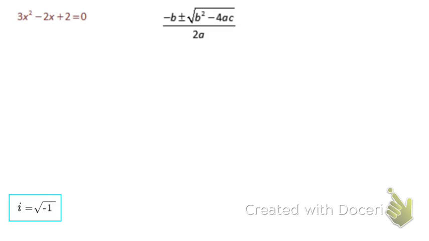When you're solving using the quadratic formula, you need to first identify what A, B, and C are. In this case, A is 3. It's the number in front of the x squared. B is -2, the number in front of the x. And C, the constant added at the end, is +2. So when we substitute these into the quadratic formula, we have negative whatever B is,